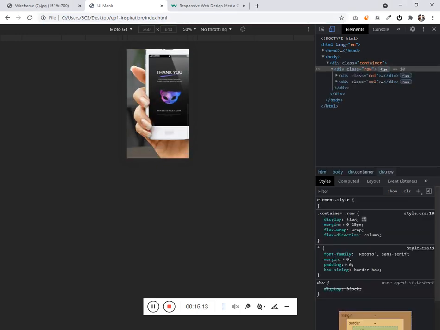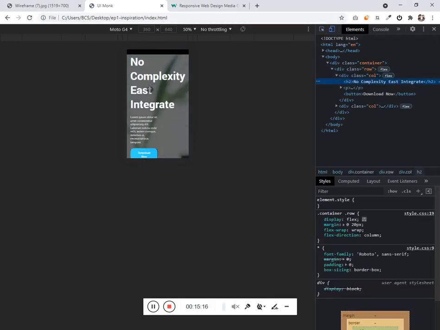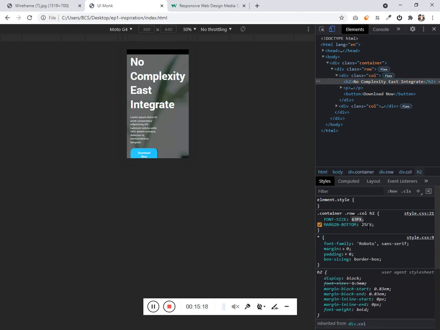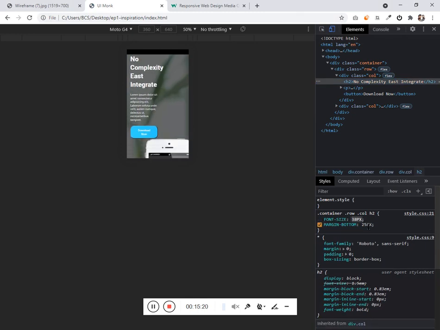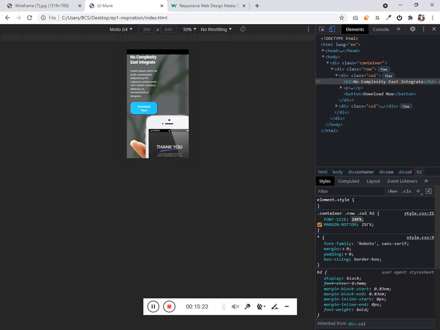Replace this and make this smaller. 24 pixel is okay.